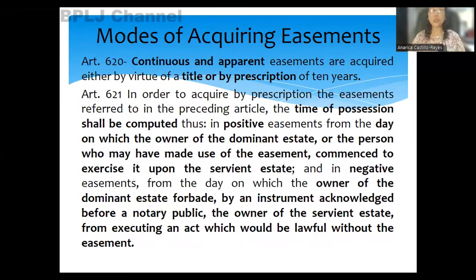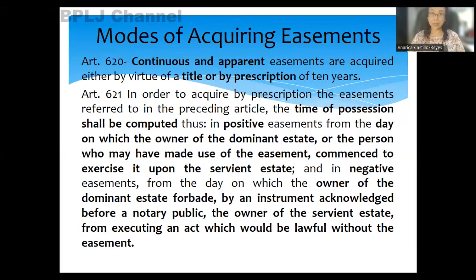What are the modes of acquiring easement? Continuous and apparent easements are acquired either by virtue of a title or by prescription of tenure. Remember, this is the only kind of easement that can be acquired through prescription. Continuous and apparent. If it is discontinuous and apparent, you cannot acquire it by prescription, but you can acquire